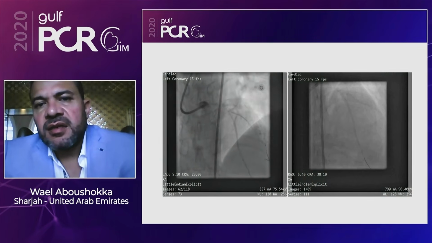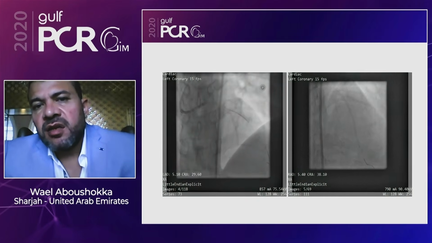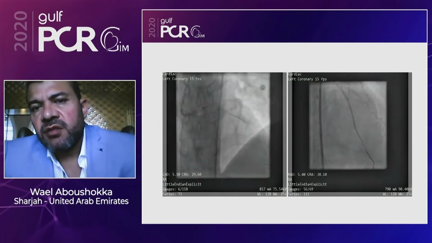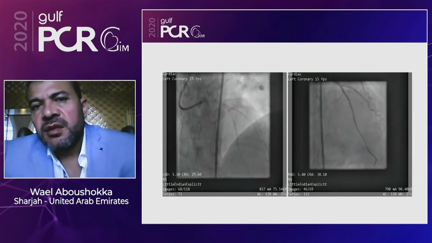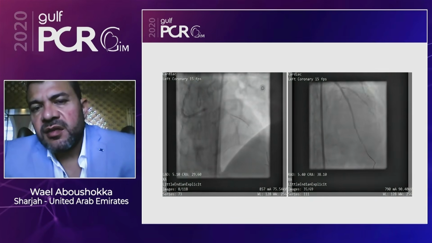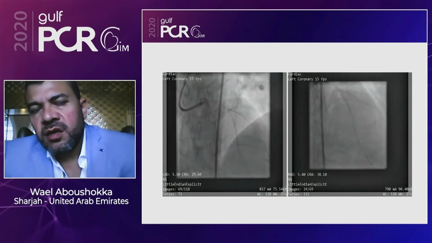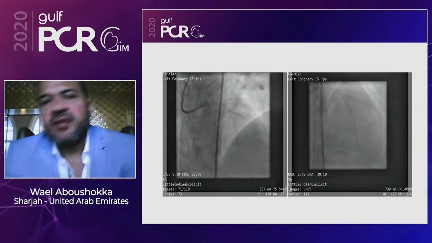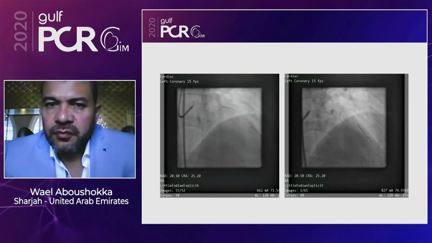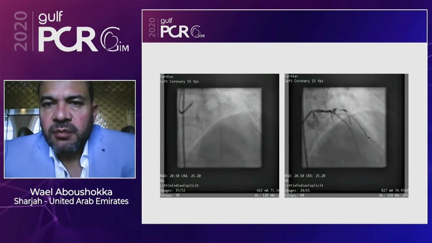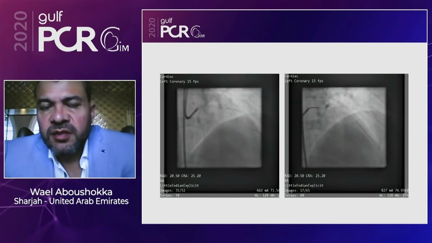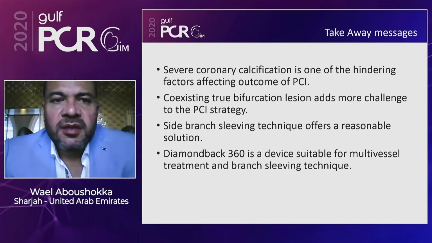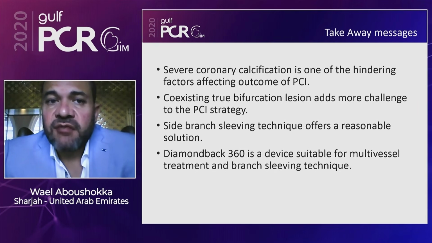And then for the diagonal, we opened the ostium of the diagonal using a cutting balloon, and then we stented it using a 2.25 by 23 stent that was crushed using a 3.0 non-compliant balloon in the LAD, and then stenting the LAD using a 3.5 by 23 with a final POT and kissing balloons, with an acceptable end result. Our take-home message here is severe coronary calcification is one of the hindering factors affecting the outcome